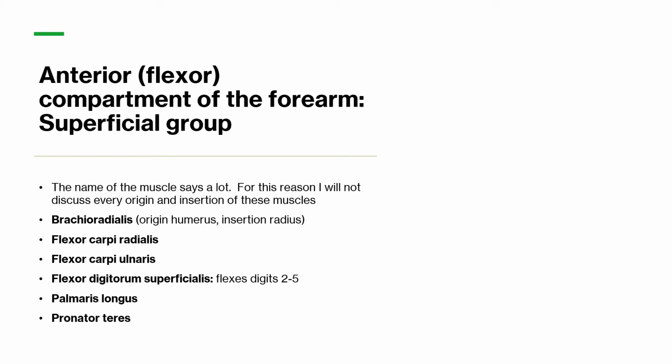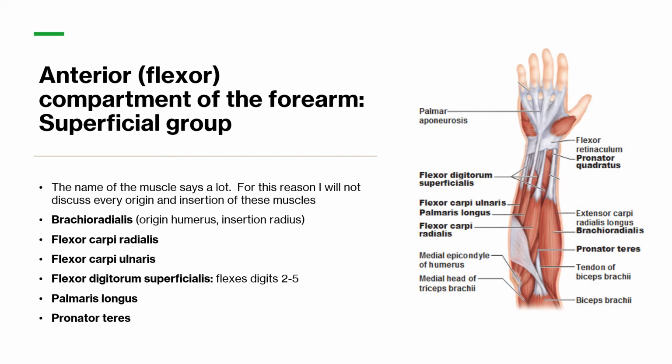Anterior compartment of the forearm, superficial group of flexors. For these muscles, the name of the muscle says a lot, and for this reason, I'm not going to discuss every origin and insertion of these muscles. It's more important to know that these muscles flex the wrist and flex the fingers. So you've got your brachioradialis, which originates in the humerus and inserts on the radius,